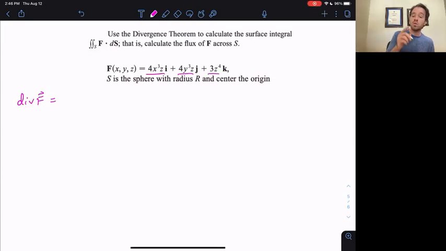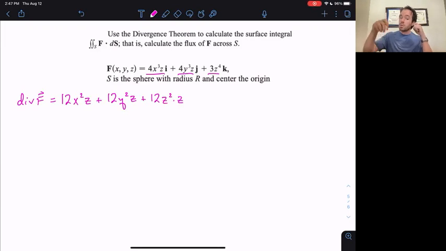So let's get those. The derivative of the first part with respect to x is going to be 12x squared z. The derivative of the second part with respect to y will be 12y squared z. And the derivative of the last part is going to be 12z cubed. Now, for reasons that will become obvious in a minute, I'm going to prefer to write that as 12z squared times z, which of course is the same as z cubed, but it makes it clearer that this